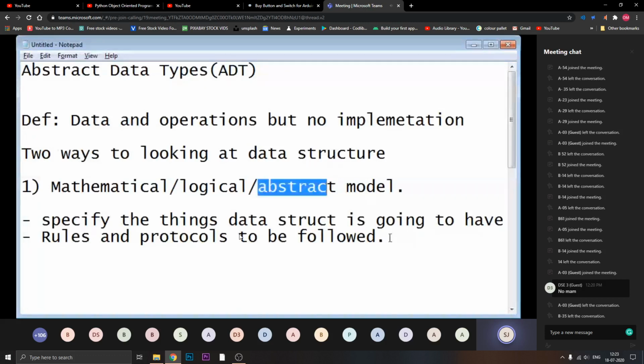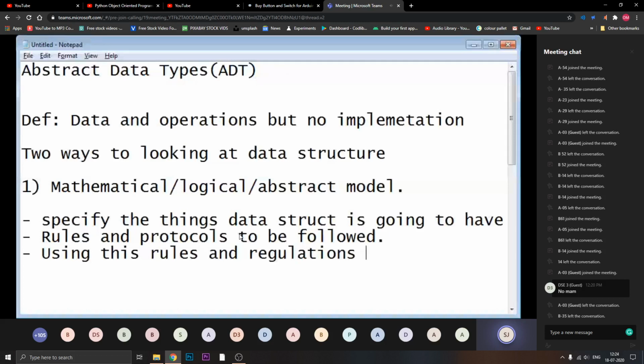Second, the direct definition I can say is: using these rules, regulations and protocols, whatever you design, that model is called an abstract model.